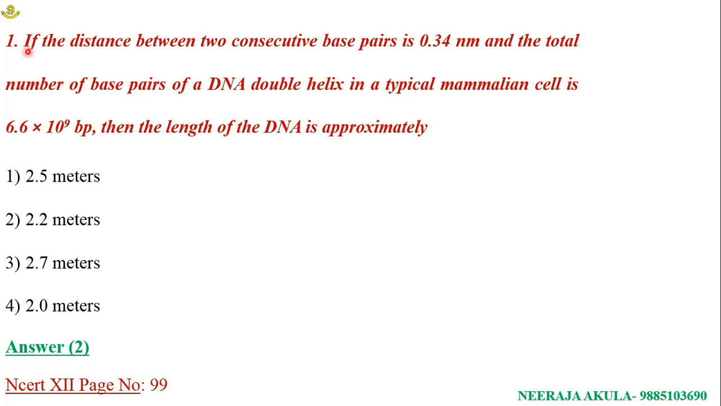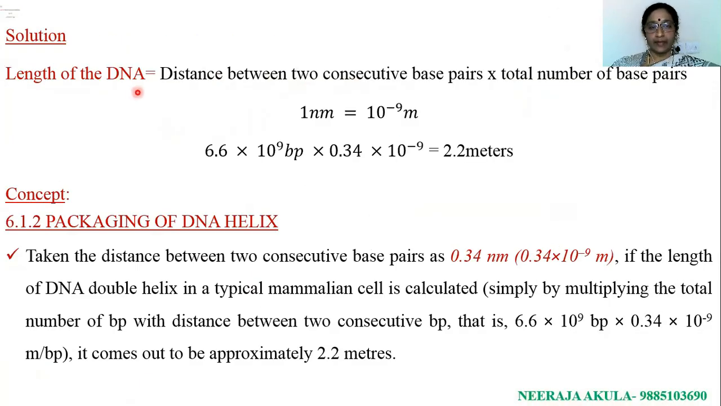Question number 1. If the distance between two consecutive base pairs is 0.34 nanometers and the total number of base pairs of the DNA double helix in a typical mammalian cell is 6.6 into 10 to the power of 9 base pairs, then the length of the DNA is approximately. Here they have given 0.34 nanometers. So here, if you observe, the length of the DNA is the distance between two consecutive base pairs into the total number